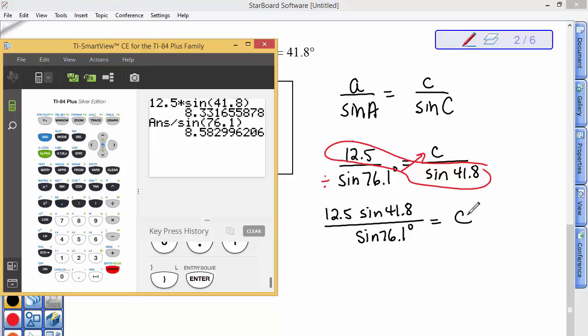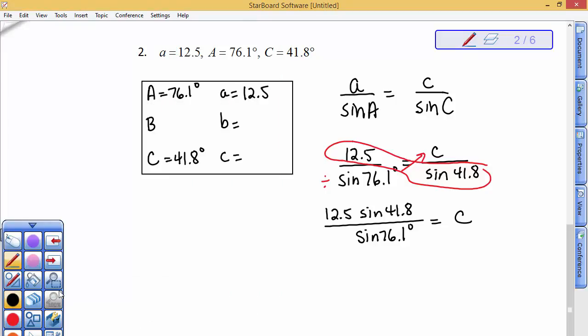So side C in this problem is, let's see, my sides are 3 significant digits to the tenths place. 12.5 was given. I guess I'm going to call this 8.58. So side C is 8.58. I forgot to do the easy first step, which is to find angle B, and I do that by